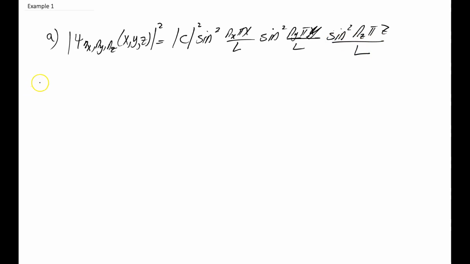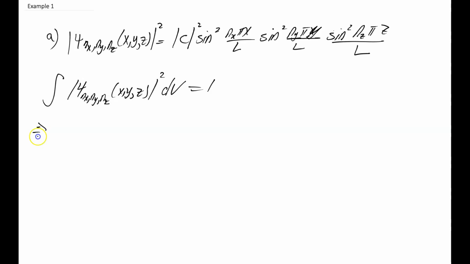over L. And that means now that for the normalizing factor, we can use the equation: the integral of psi n_x n_y n_z of x, y, and z, quantity squared dV, has to equal 1, which means the triple integral of,